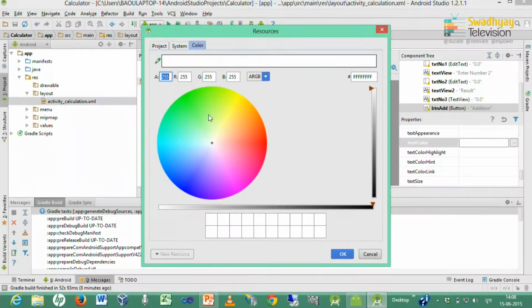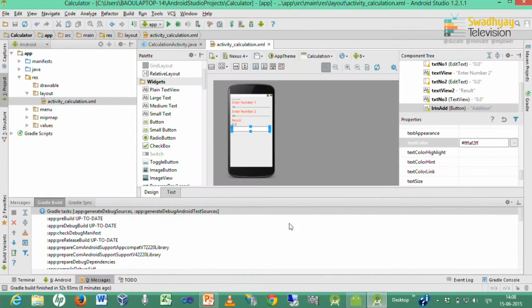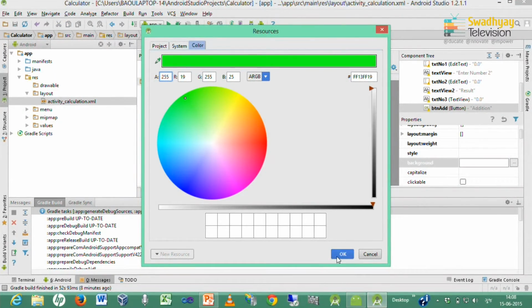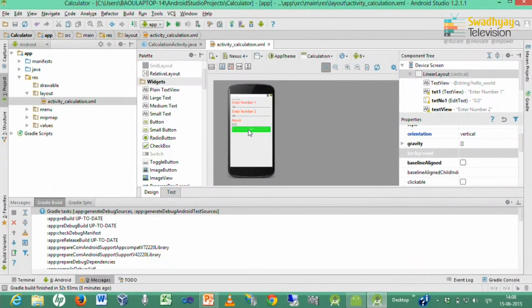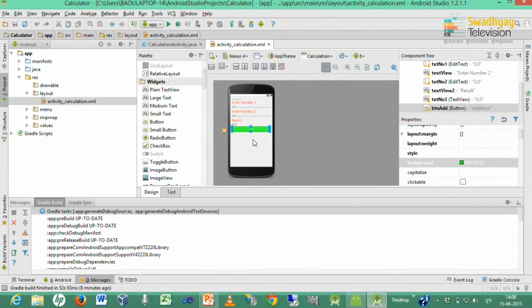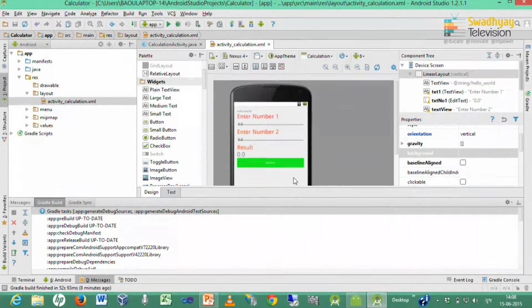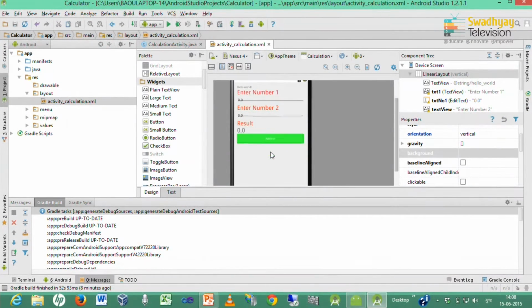So here you can select the text color, and likewise you can also change the background. So here you can see one button is there with the caption addition.